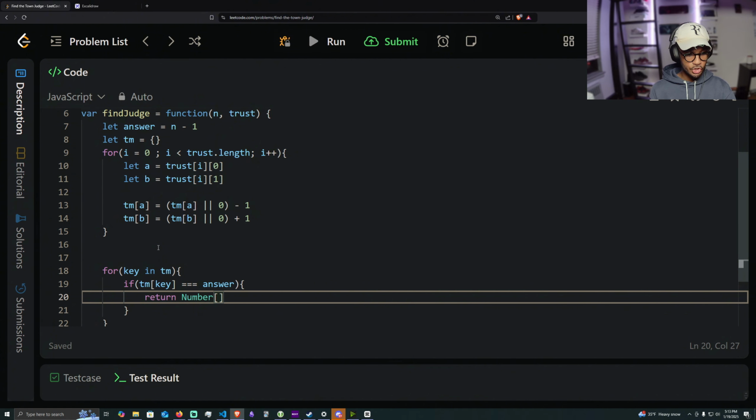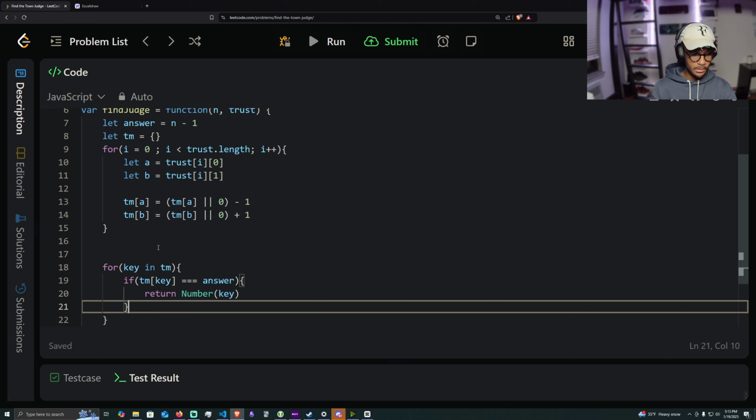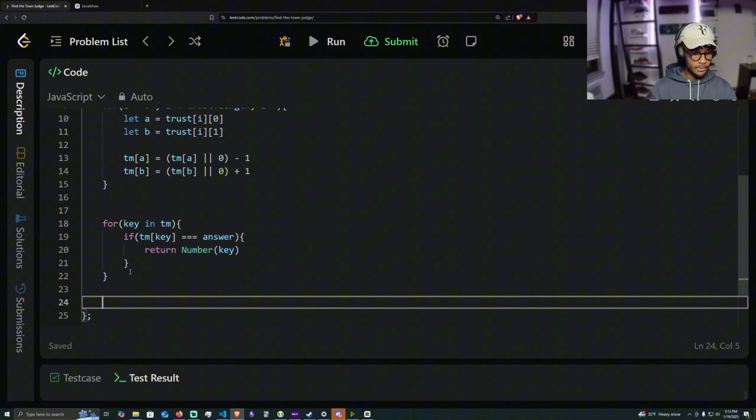And they want us to return an integer, so we're going to make sure to return the key as an integer. And if it gets out of this for loop and we don't find anything, we're going to return -1.